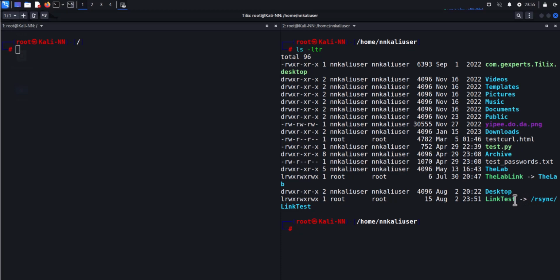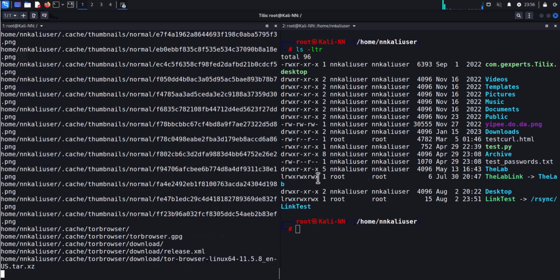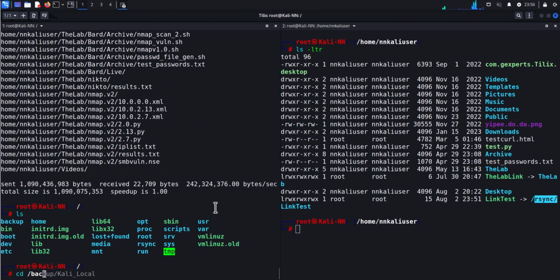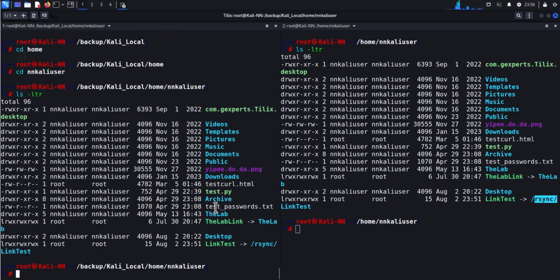So let's say you created this symbolic link to point to a different directory that might be on a different volume, because you were low on space, so you needed to move the data off to another location and then just create a symbolic link to point to it to save space. The problem is when you just do a default, okay, you know what, I'm being lazy. It's not going to back up that data to the location that it's pointing to. It's just going to do the link. So you're going to get a like for like. If you go back here and go to backup, you go in there and see you're getting a link to